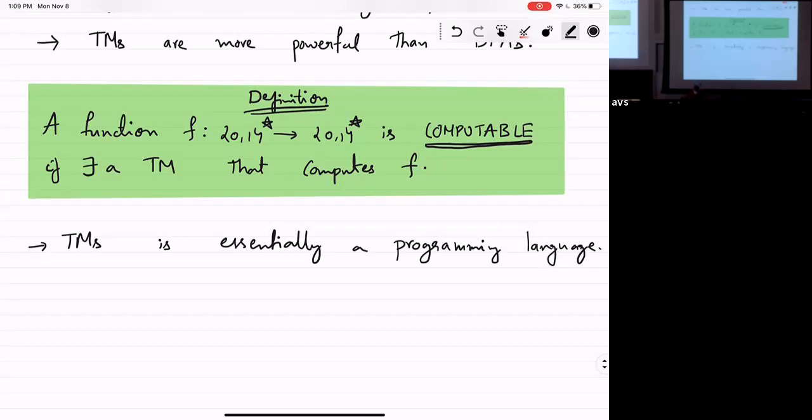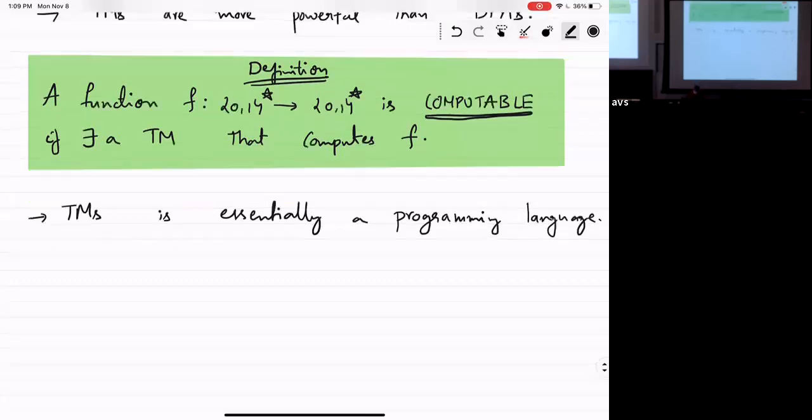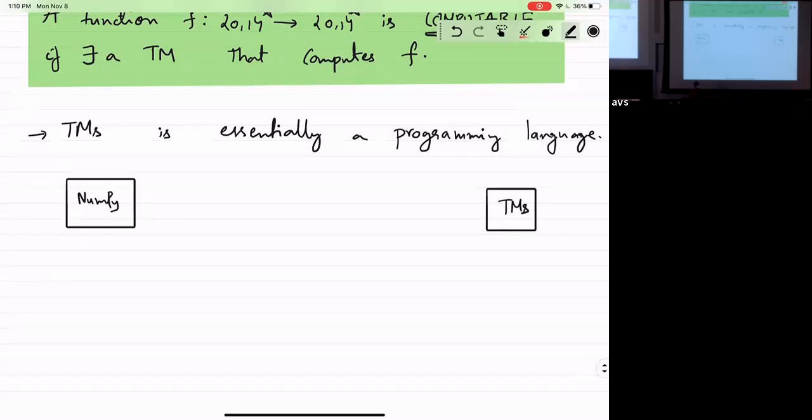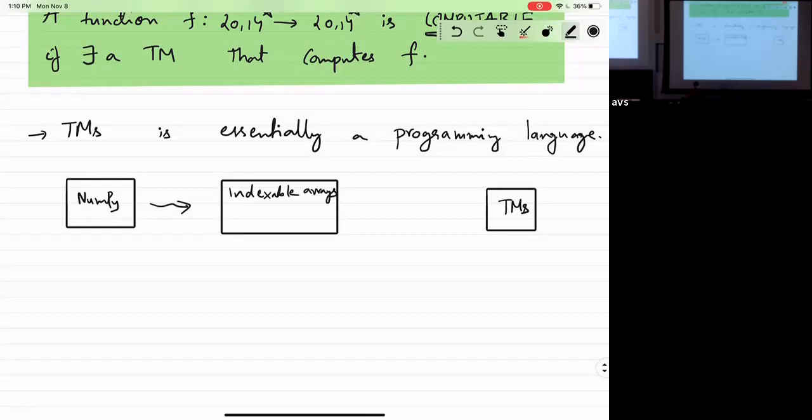NumPy, okay. All right, so we have Turing machines here. And things like NumPy would be missing. But NumPy is really a library, right? It's actually missing something even more basic, which is that Turing machines don't have indexable arrays. Right?